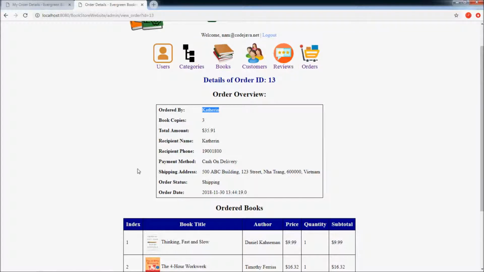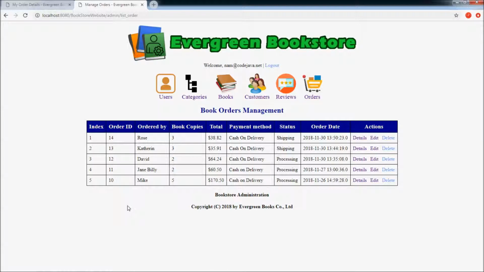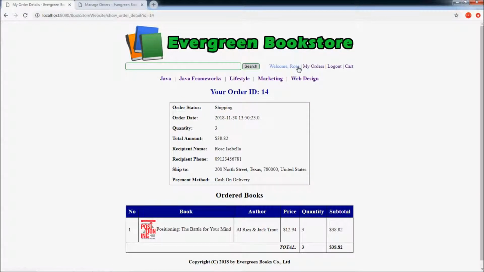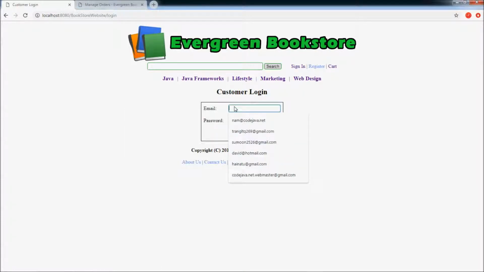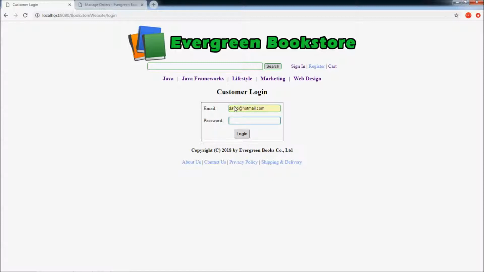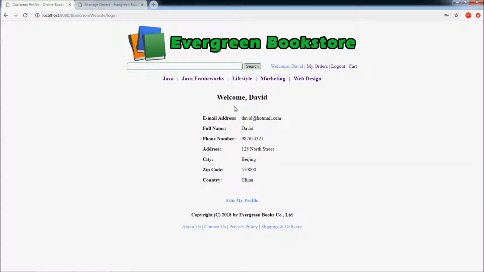Let's test the third case in which the customer wants to add more books to the order. For example, the customer David here. So in the front end, I log in as David, sign in David 123.